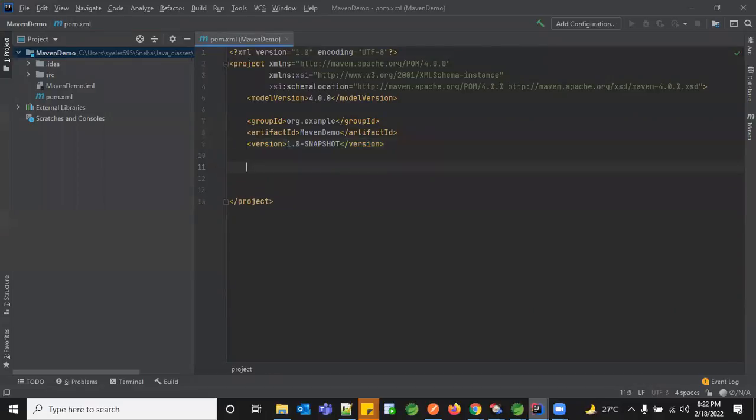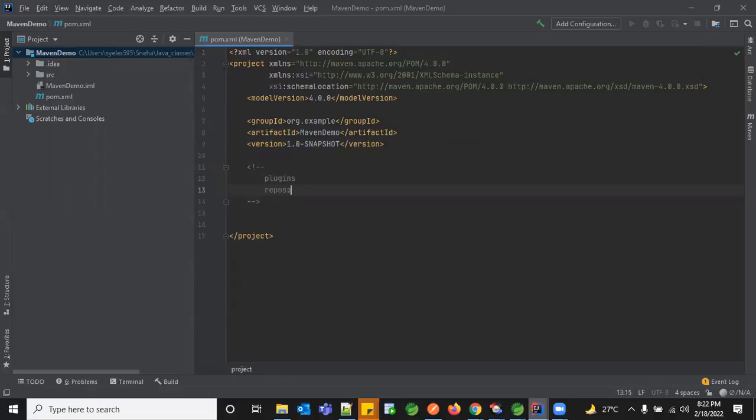So there are multiple things called tags. These would be the comments you need to use under XML. Here you have something called plugins.